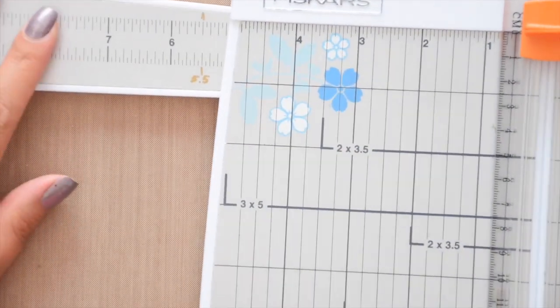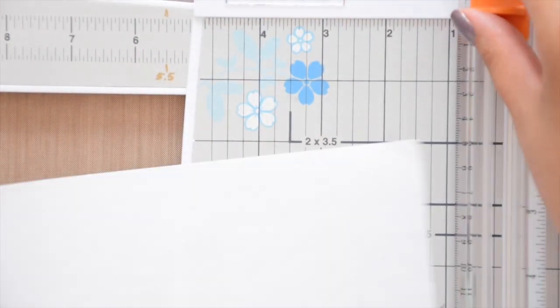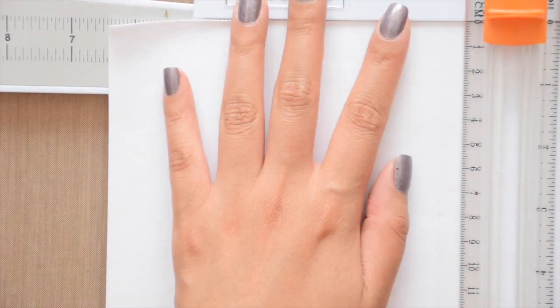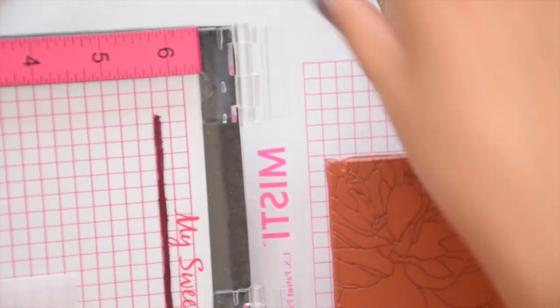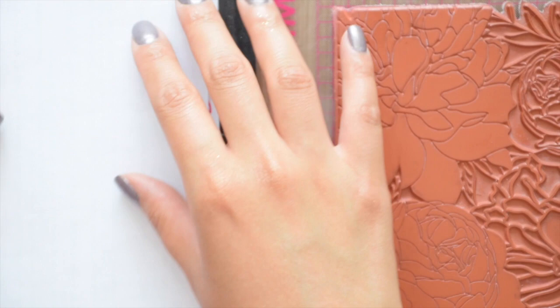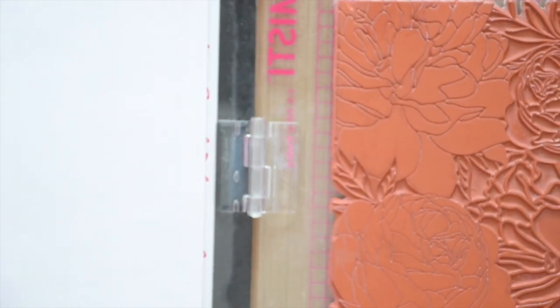I'm just going to take a piece of scrap paper and cut it down to about 6.5 by 8.5 inches. And this is just scrap paper that I'll be using to stamp the background stamp onto as a guide, because today's card uses vellum as the card panel, and you'll see in just a couple of minutes. So I'm placing my scrap paper into my MISTI, and I've already placed my background stamp onto the MISTI,